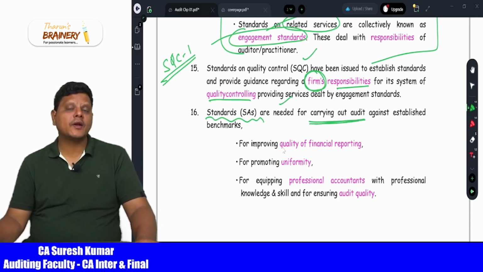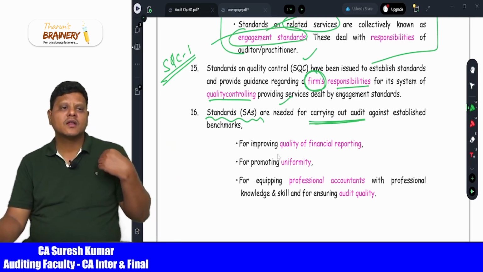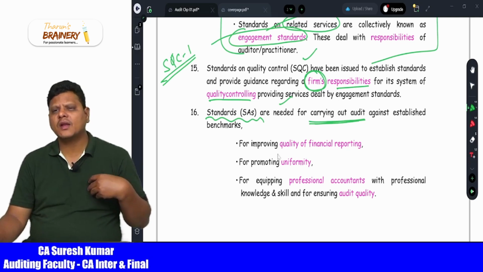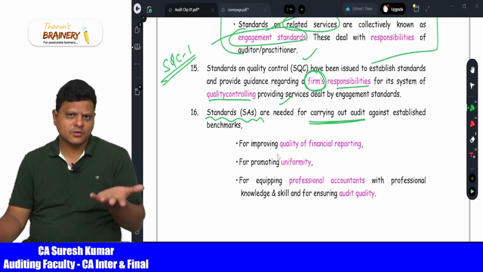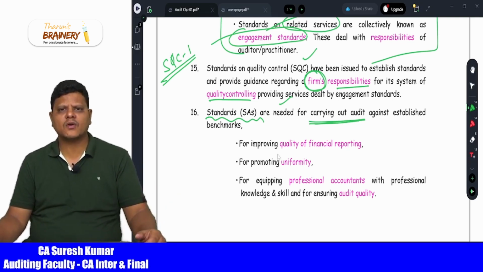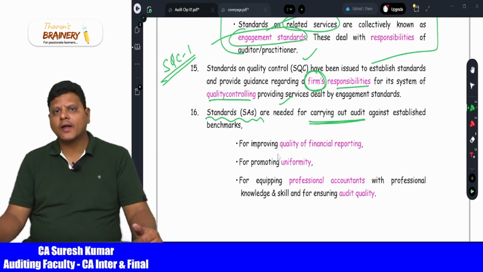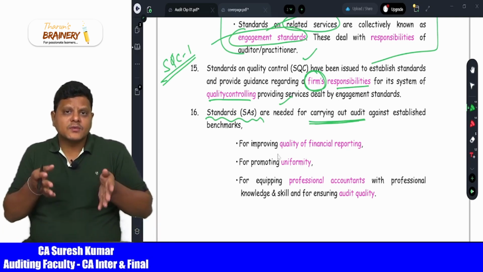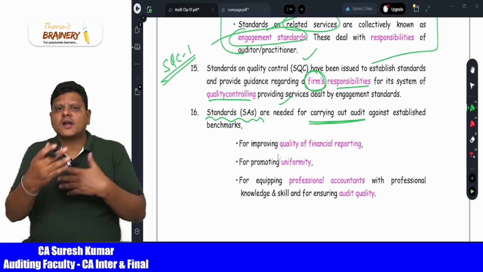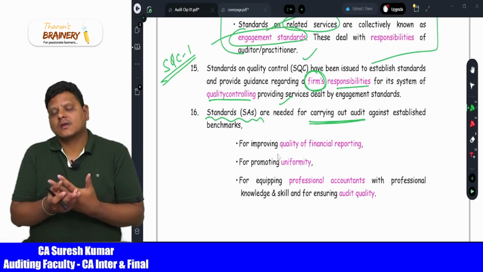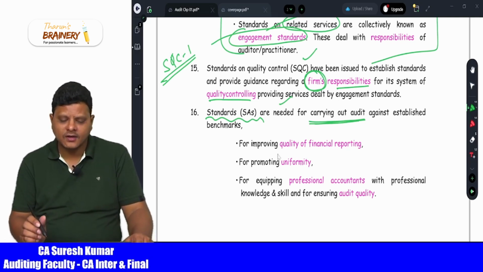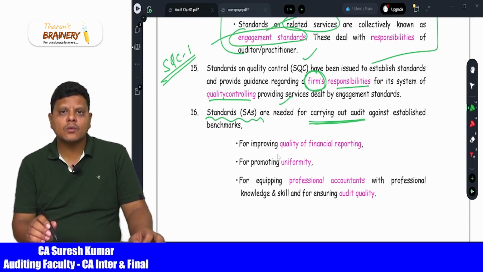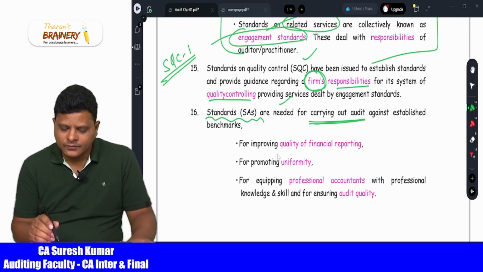Why have the standards been introduced by the Institute? The reason for introducing the standards is that there are so many auditors in India. There are now close to 4 lakh chartered accountants, and maybe around 40 to 45% of the chartered accountants are in practice, around 1.8 to 2 lakh. If I don't keep the standards, every auditor may follow different types of standards. Hence, the Institute has taken a decision that the standards are issued by the ICAI